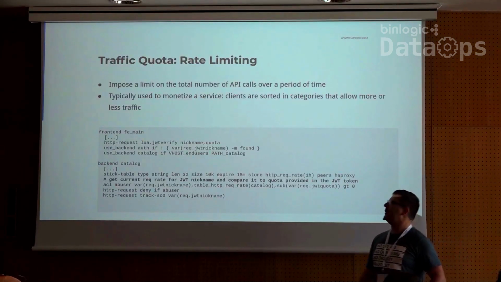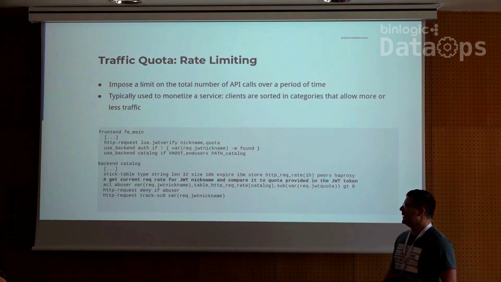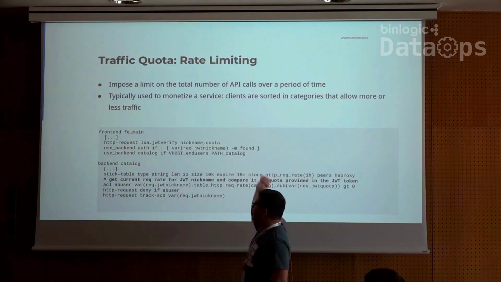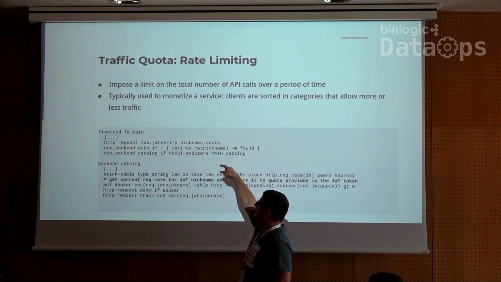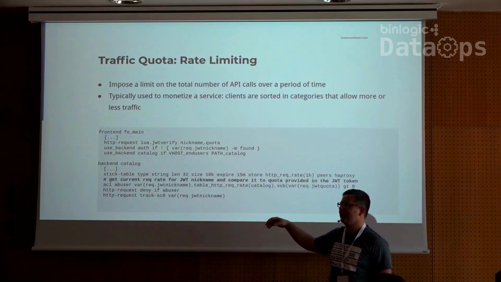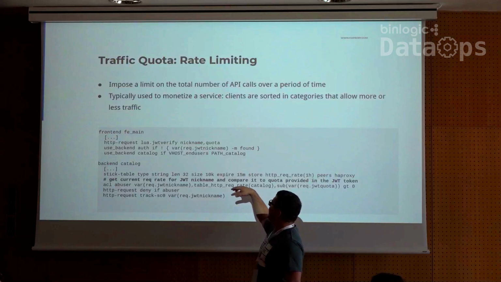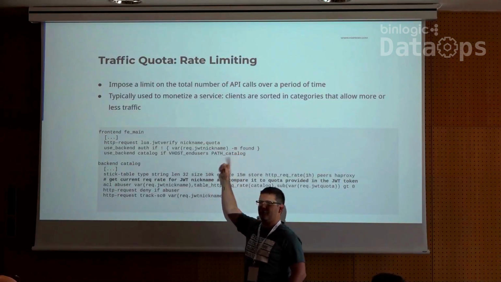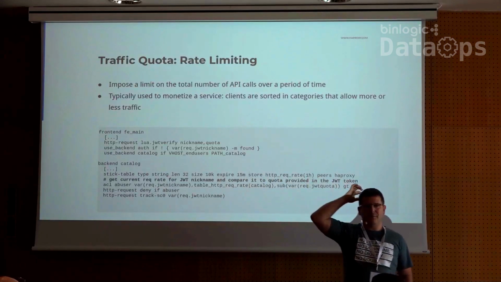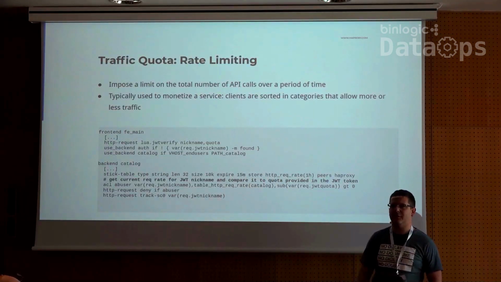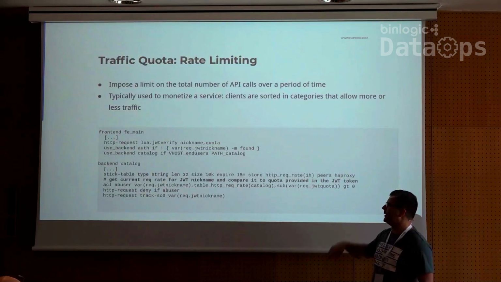So how is this implemented within HAProxy? In HAProxy, we'll have our front end, again, with our token. I'm just applying that to OAuth, but that could be applied to anything else. What I'm going to extract from the token is the nickname of the person and the quota. The quota will be set by your authentication server. That could be data provided within the token, and HAProxy can extract it.